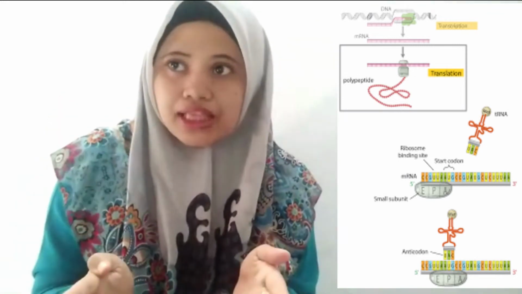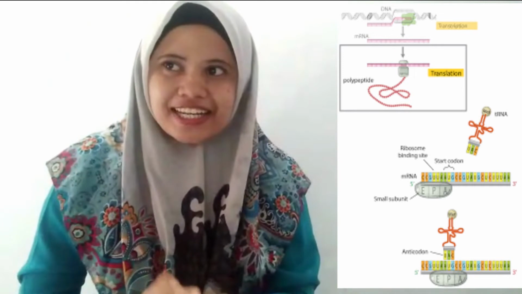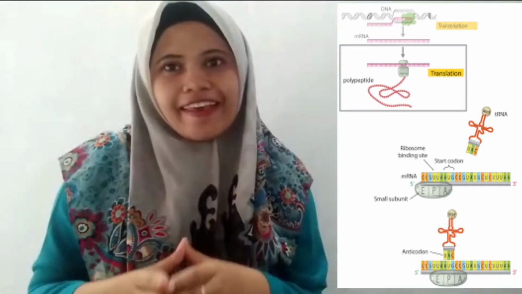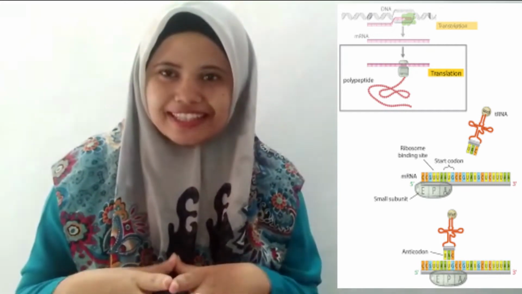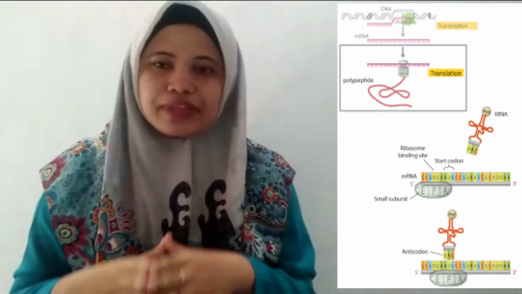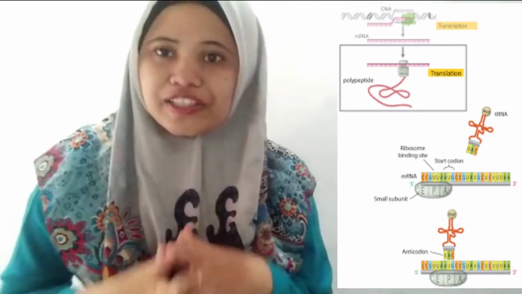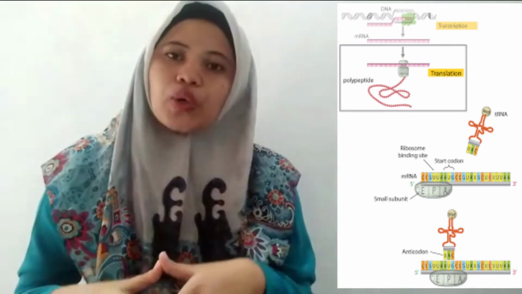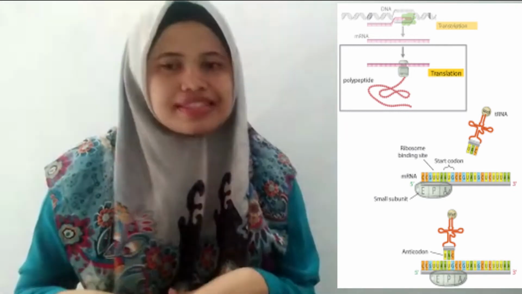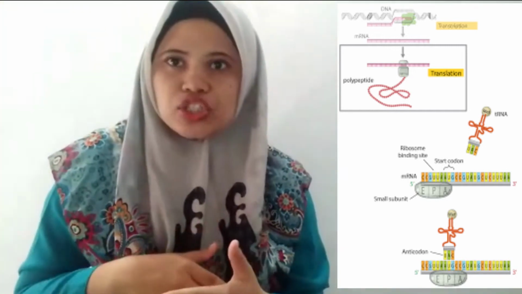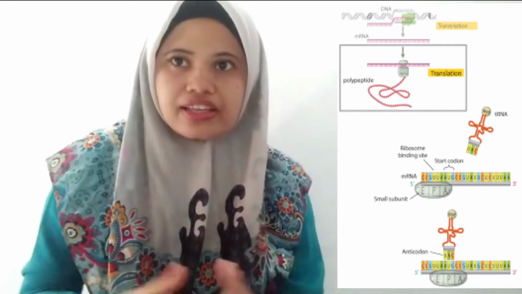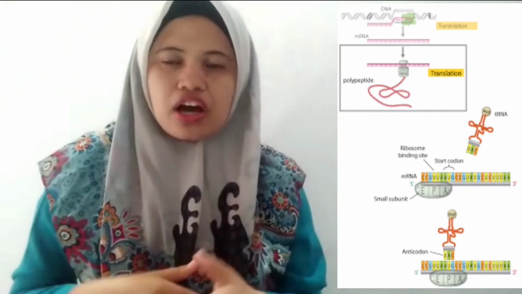For example, the amino acid lysine has the codon AAG, so the anticodon is UUC. Therefore, lysine will be carried by a tRNA molecule with anticodon UUC. Wherever the codon AAG appears in mRNA, a UUC anticodon of tRNA